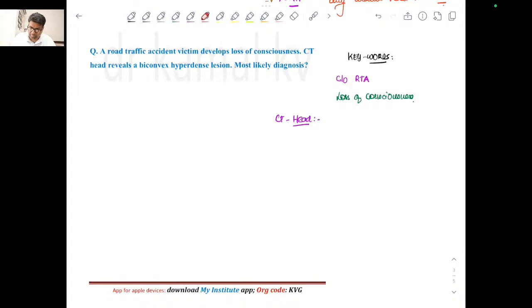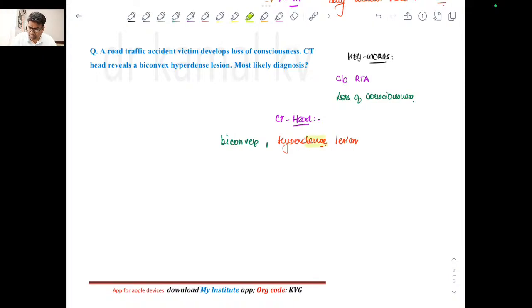So what is it showing? Hyperdense lesion, right? And what is the shape? It is biconvex. I told you before,